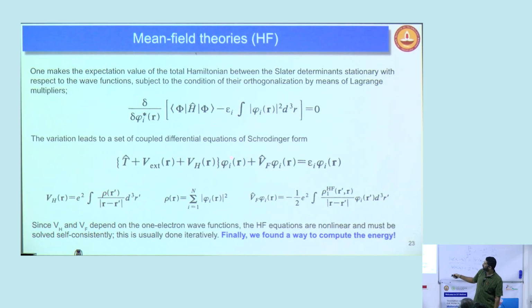Density is computed based on again these orbitals. Therefore, these equations must be solved only self-consistently. That means you will start with some guess one-electron orbitals. You put them in order to construct the wave function. Use the wave function in order to solve this particular equation. Again, you will do it in a repeated manner until you self-consistently obtain the